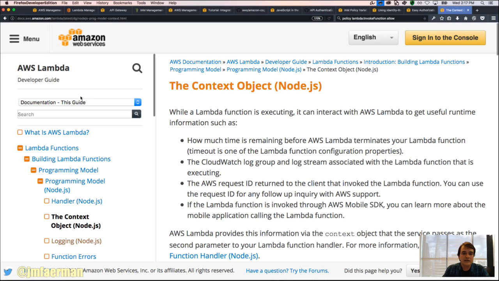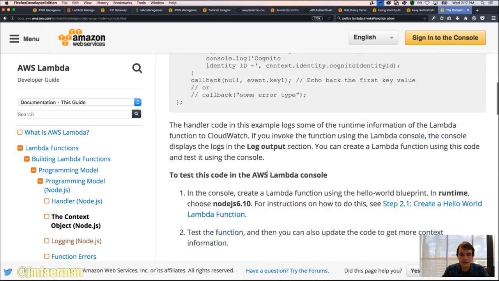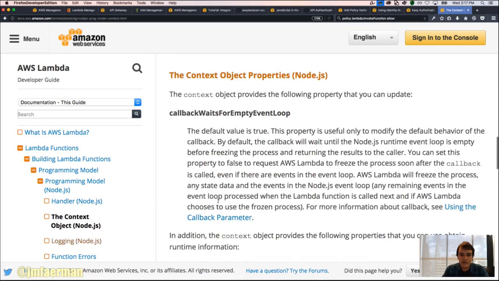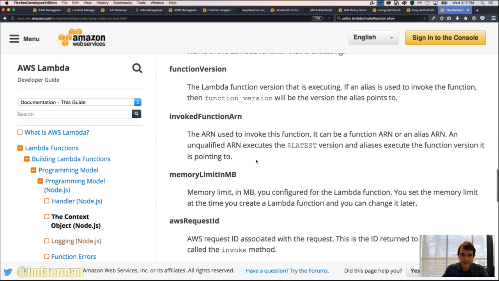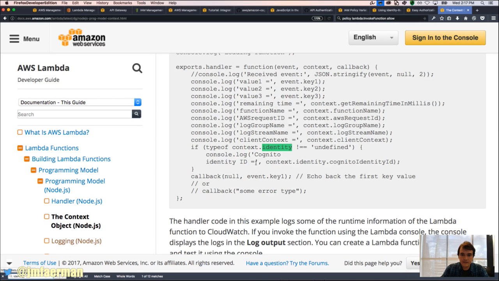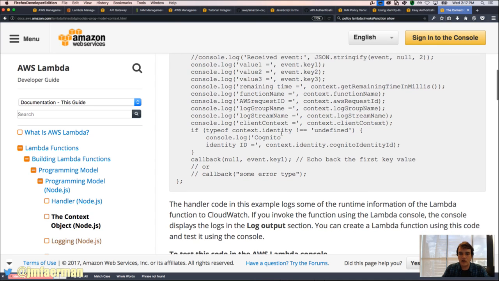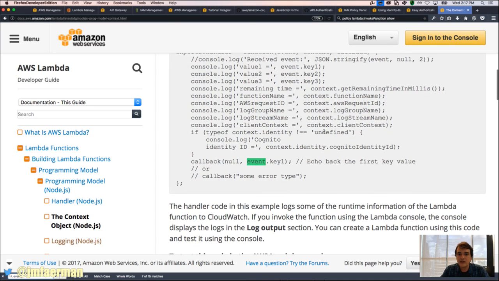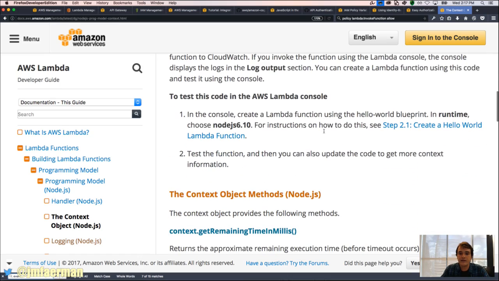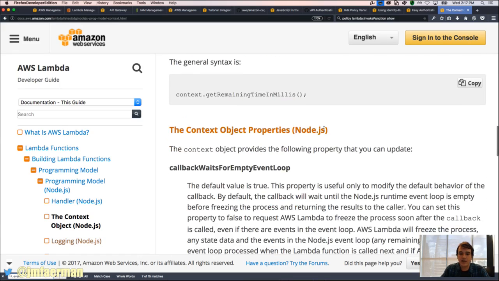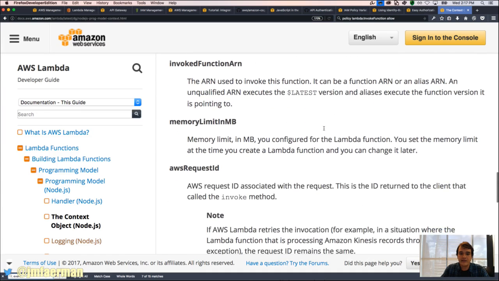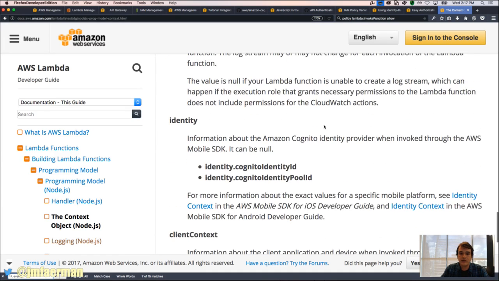Here in the context object, in fact it's the context object. So this is the one I'm targeting, the wrong event, and here is the definition of those